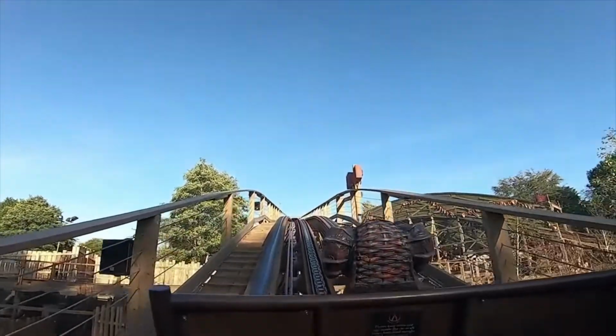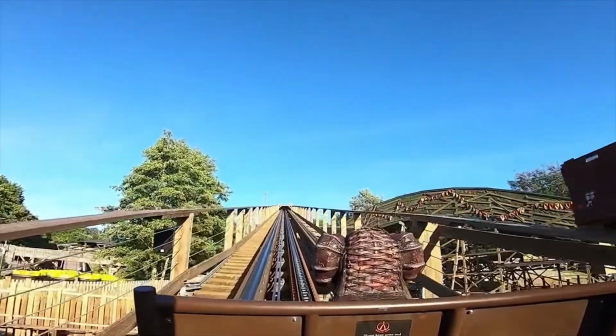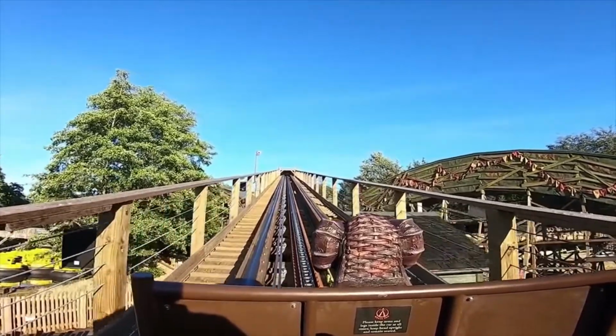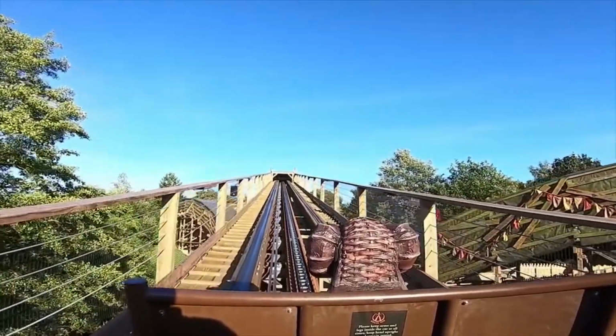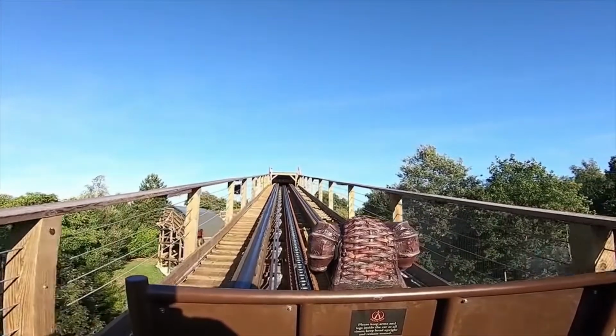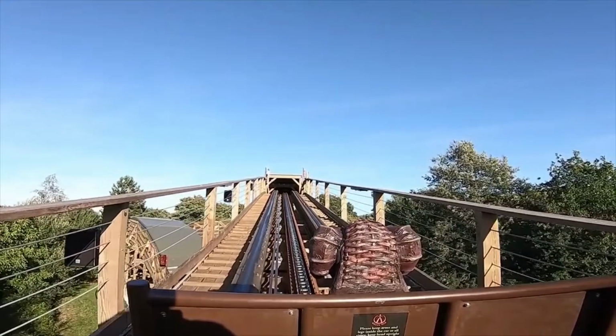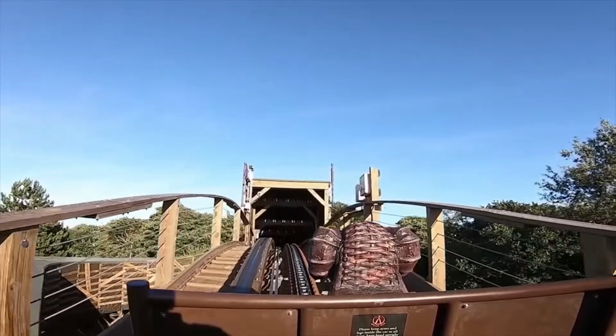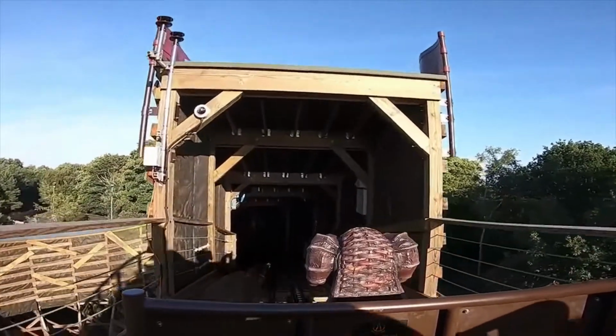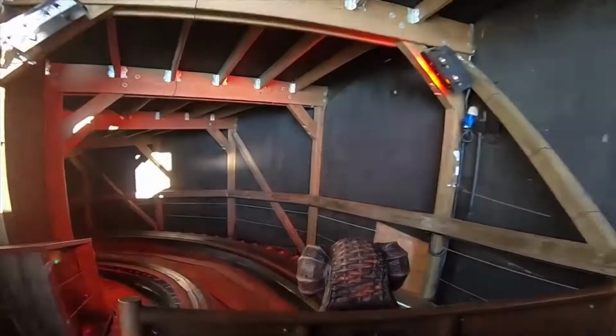And obviously, it starts by heading through a tunnel with some fire effects in, and then you head up the lift hill, which passes by a lot of the coaster, and obviously the rapids just next door as well. And the first drop, the first part of the first drop is actually through a tunnel, and it has some smoke effects in it. And the first airtime hill down into the S-bend is also through a tunnel,